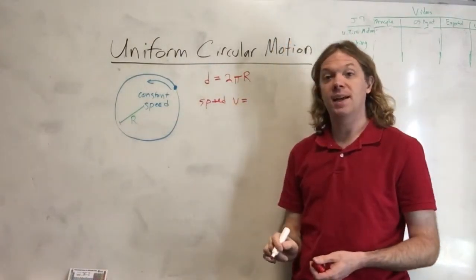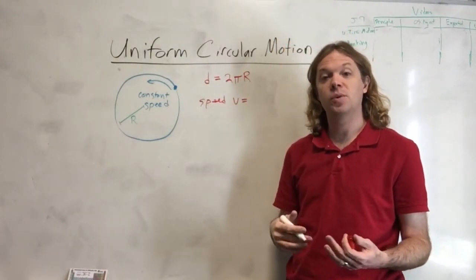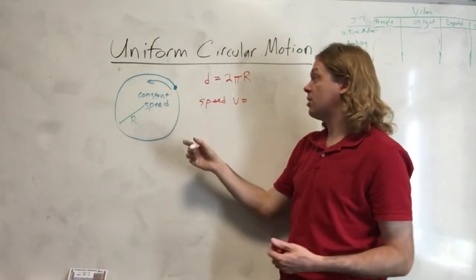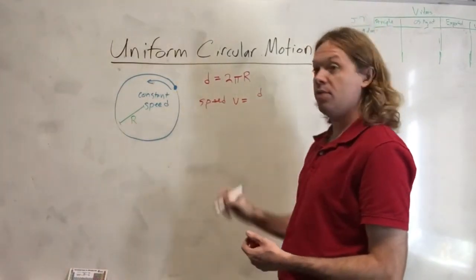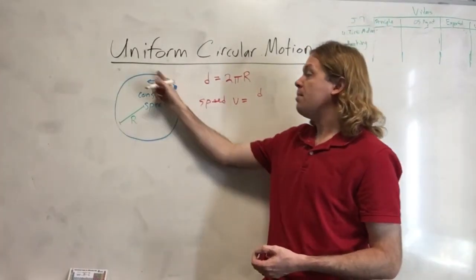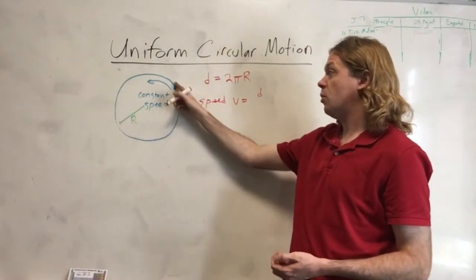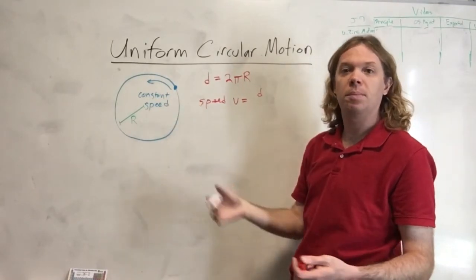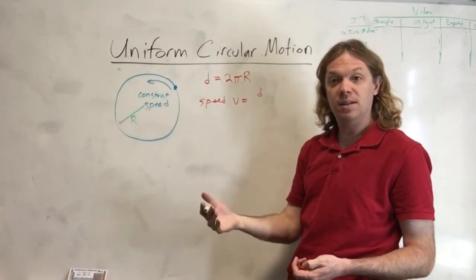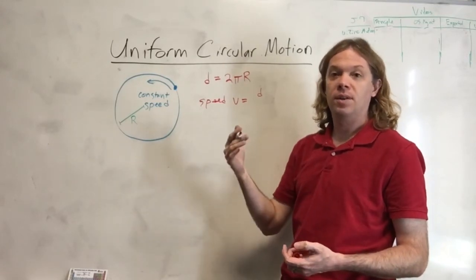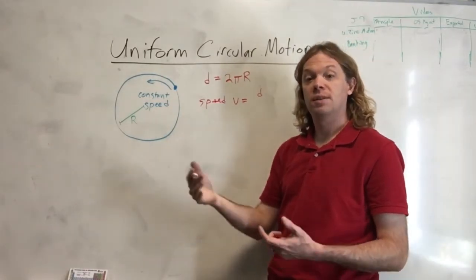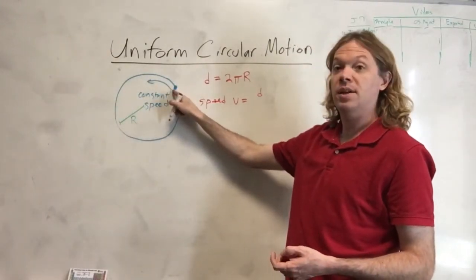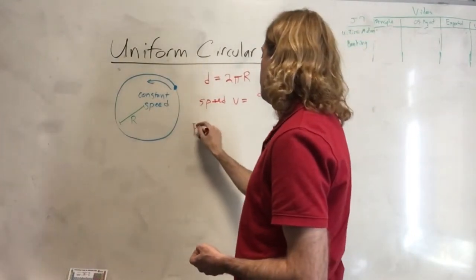The speed is going to be defined as the distance divided by the time, which is the definition of speed. So in one rotation, the distance this object travels is simply d, the circumference we have right there. But what do we call the time that it takes for an object to start at one location and go all the way back to that original location? That's called the period. So the period of a motion that repeats itself is how long it takes for the object or system to return to the original state. So if an object starts here, the time it takes for it to return to the original point is the period, and I'm going to call that period T,